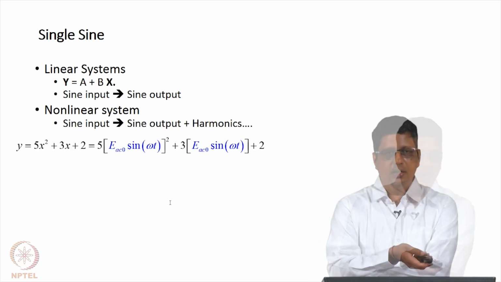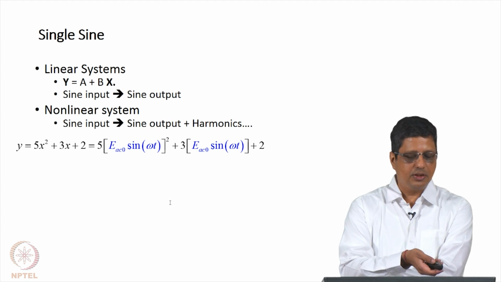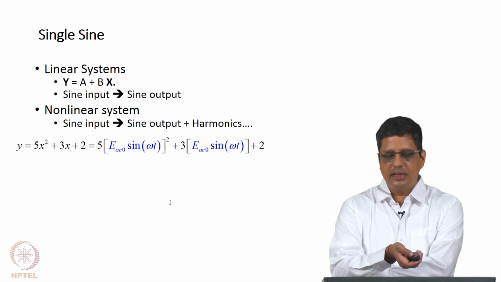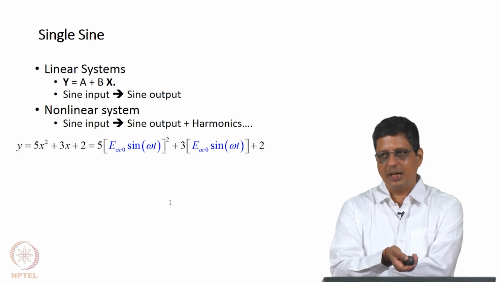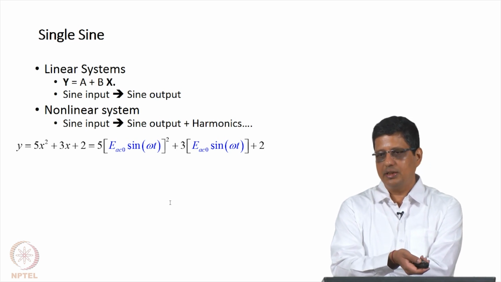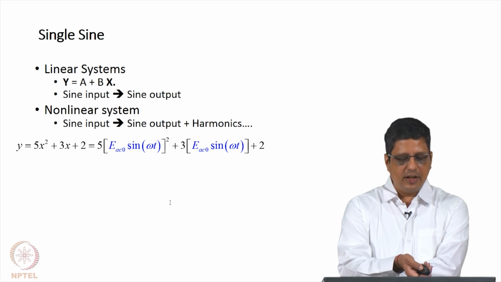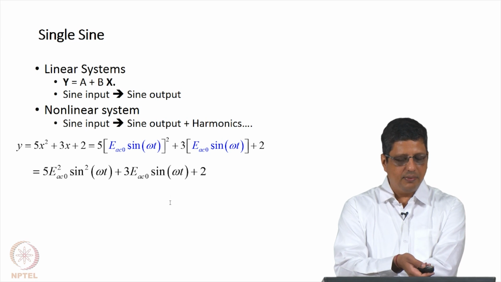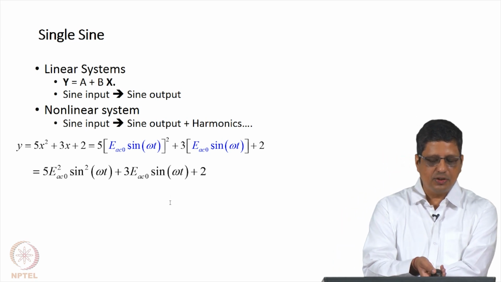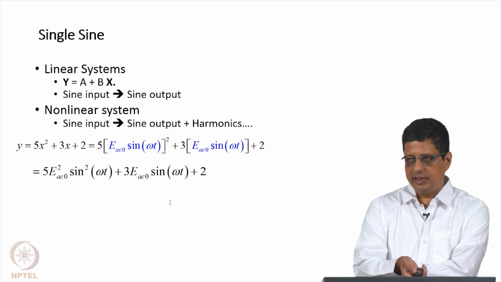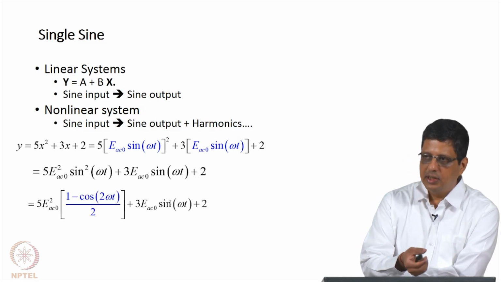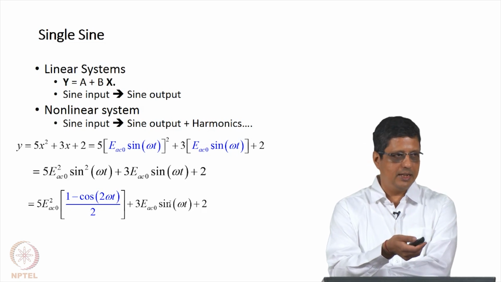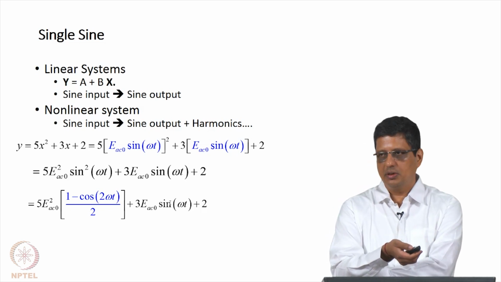So, as an example, look at this equation, y equal to 5x square plus 3x plus 2, and let us substitute the sinusoidal wave as E_AC0 sin omega t, that is what we normally use for the potential sine wave. You get 5x square plus 3x plus 2, and you can expand it. You are going to get 5 E_AC square sin square omega t, it is very straightforward. Next, sin square I can write as cosine 2 omega. There is a relationship between sin square and cos 2 omega.